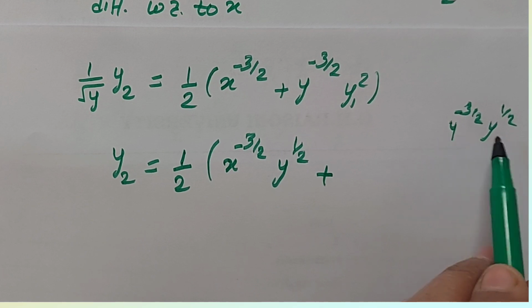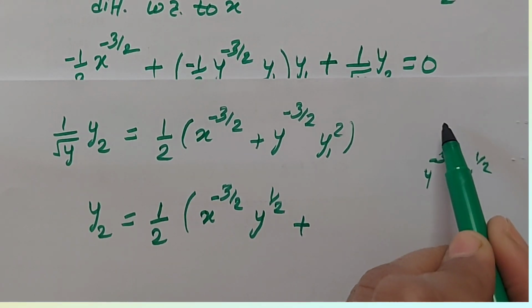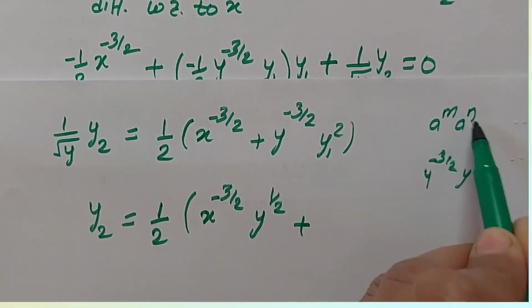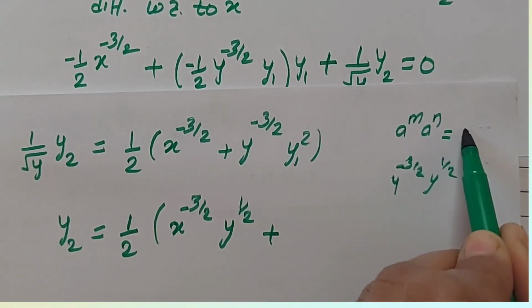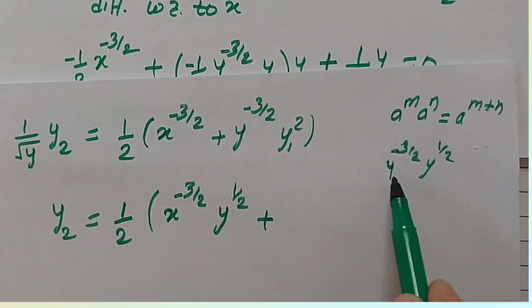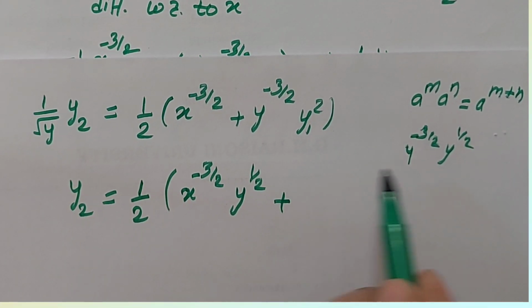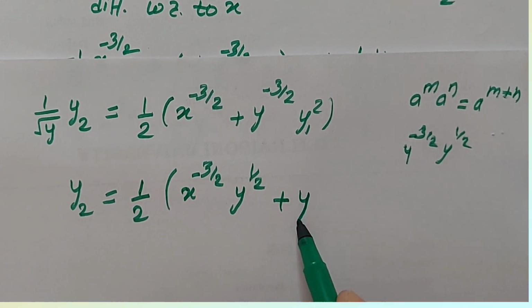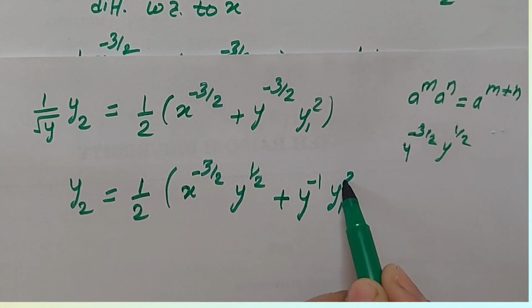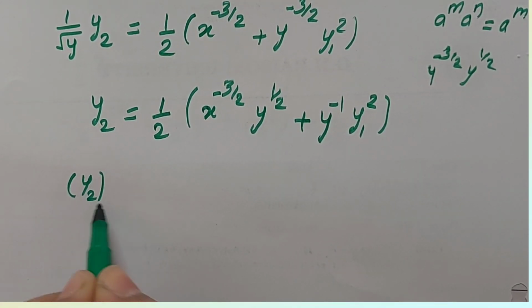That means if we add this power, again we are using the indices formula, a raised to the power m into a raised to the power n is nothing but a raised to the power m plus n. So here if we add this power term, then the power of y is minus 1 into y1 square. y2